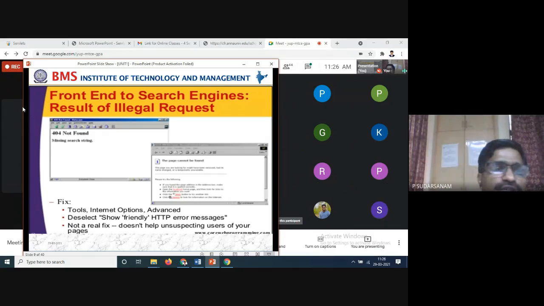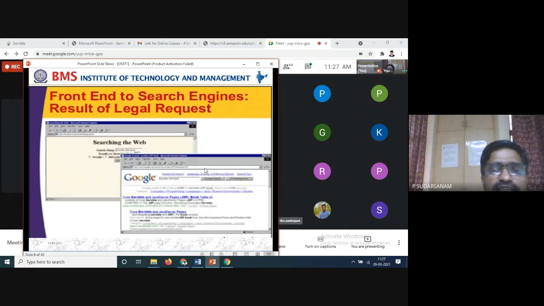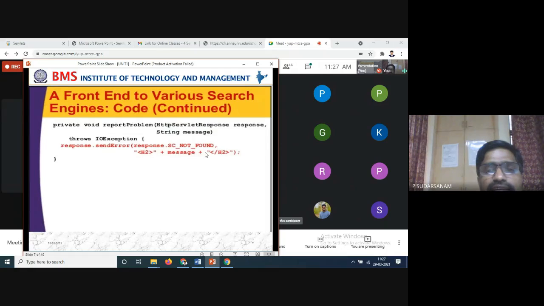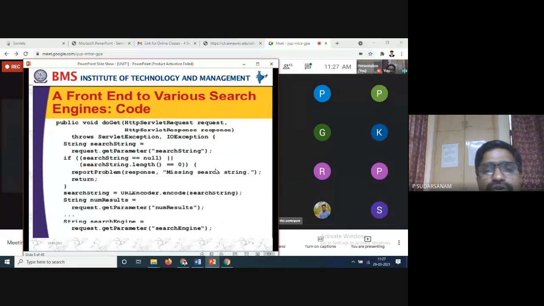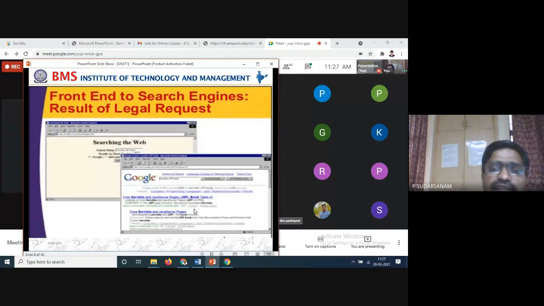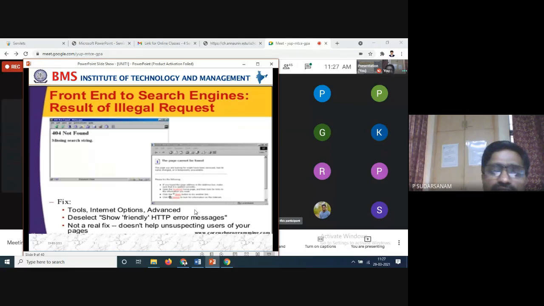So mismatching, matching the search strings. Whatever you have written here, some messages like unrecognized something. Like this, messages can be written, search engines, number of the results, all these things can be written. You can see it here. These are the examples.